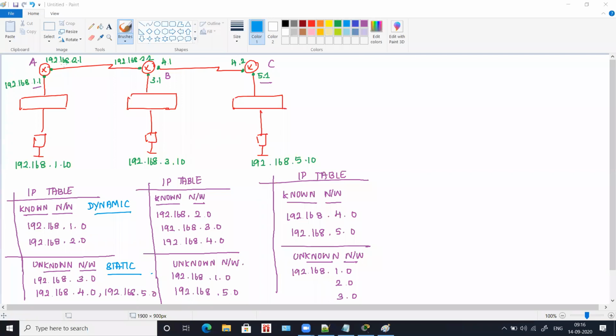Tell me, when you try connecting a router to another router, which interface will you use? Very good. You go with serial interface. When you try connecting a router with a switch, which interface do you use? Great. You either go with fast Ethernet or gigabit Ethernet interface. Excellent.